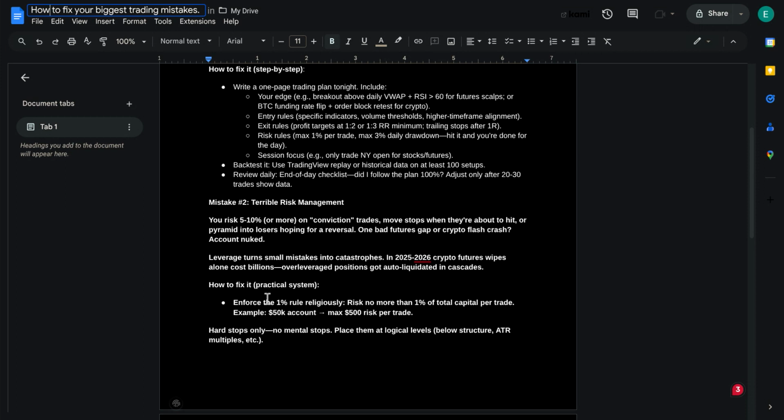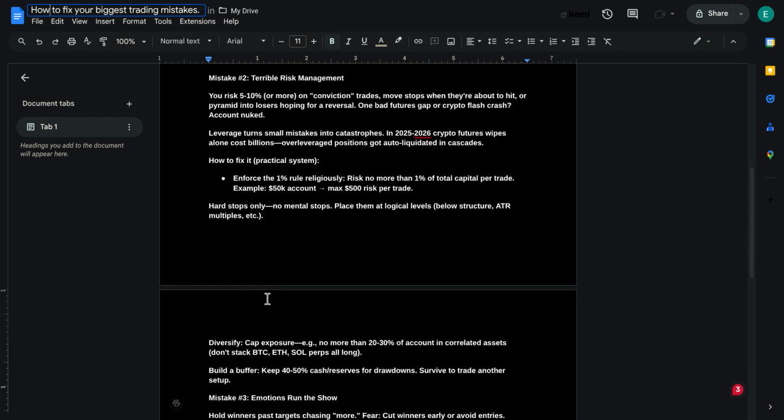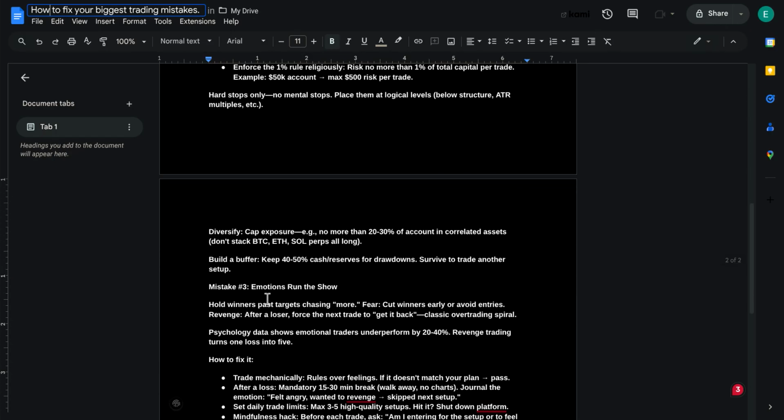You want hard stops only, no mental stops, and place them at logical levels. And you don't want to be trading multiple assets at a time, usually only one asset like BTC or ETH. And if you're longing all of them, that's probably not a good idea. I would stick to one asset at a time. And if you see another position open up on another asset, then wait for one trade to close before going